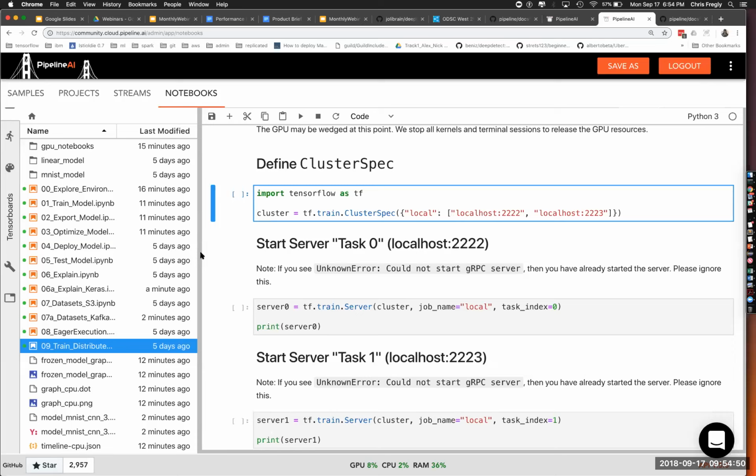The Estimator API is now not the way to go, according to the Google insiders. And as of, I believe it's TensorFlow 1.12, which should be out pretty soon, the next week or two, you'll want to keep an eye on Keras and start to use the native capabilities of Keras to do distributed TensorFlow. Even today, with the Estimator API, this is still a bit of a pain.